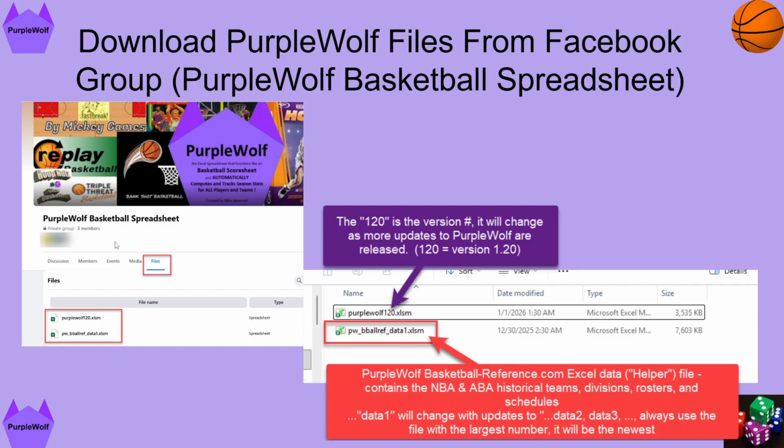But once you're in the group, you can go to the files section on the PurpleWolf Facebook group. There'll be at least files that look like this. They might not be right next to each other when you go there as other files get added, but in general, there are 2 files you need to get. One will be the PurpleWolf spreadsheet itself, which is this first one, and the next one is the basketball reference helper data file, which starts with PW b-ball ref data. And once you have those and download them to your computer,